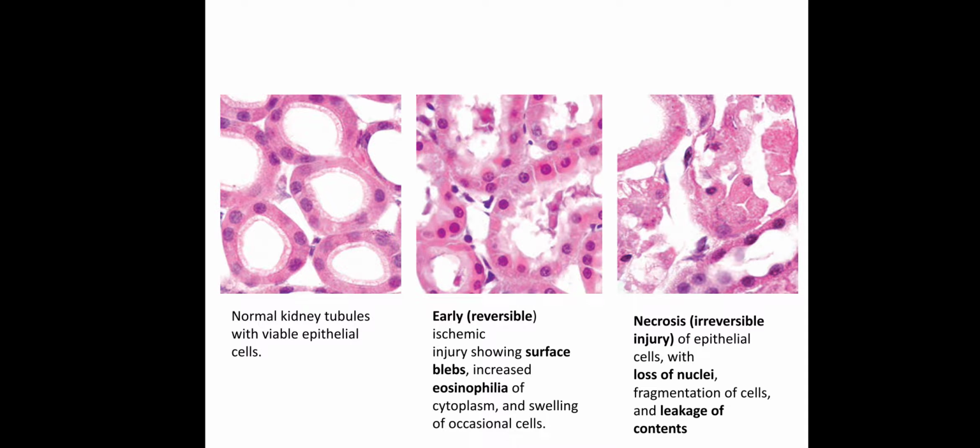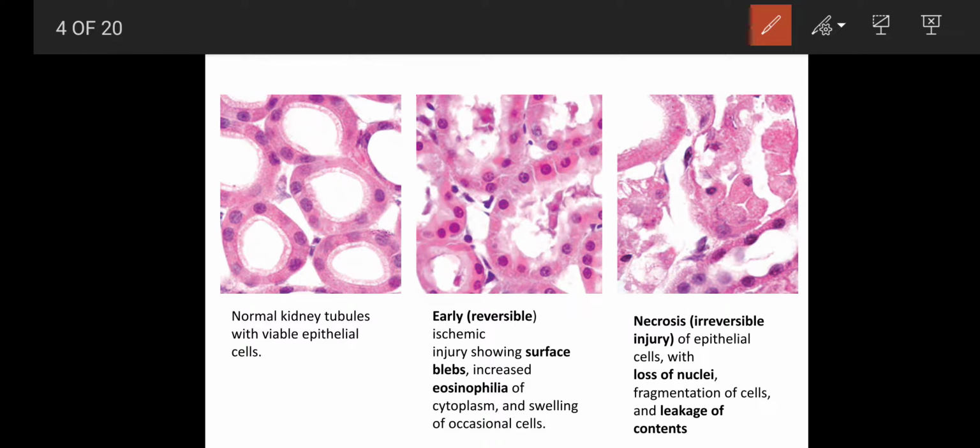So this is the basic image, which is actually showing early and late changes of injury. If you see on the extreme left hand corner, we have the normal kidney tubule. See the normal kidney tubule, how the plasma membrane is intact. See how every cell has a nucleus. It has a well preserved architecture and all of them contain a nucleus.